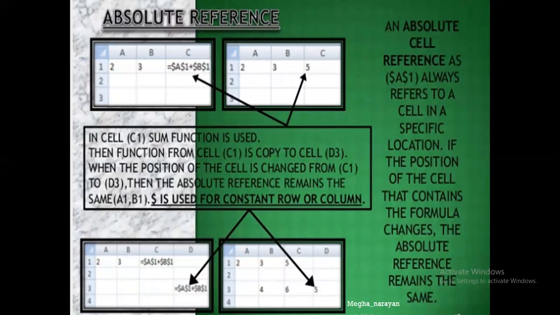Moving now to the second sort of referencing, that is absolute referencing. In this, everything is fixed. There is no change in cell address. Earlier in relative, there is a change. Understood? There is actually a change in the cell address, in the pointer. But in this case, everything is fixed.